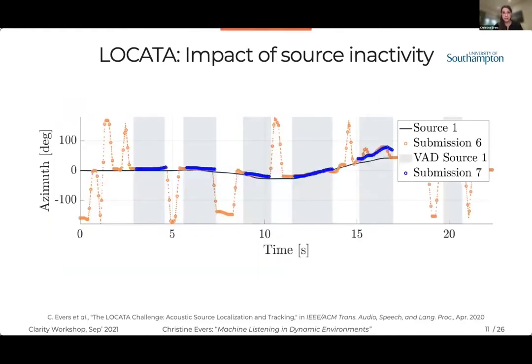To illustrate the need for detection of voice activity periods when dealing with this type of data, particularly when we want to deal with streaming data, let's have a look at a concrete example here. What you see here as the solid dark blue line is the trajectory of the source azimuth relative to one of the microphone arrays in the LOCATA dataset. The gray shaded areas indicate periods of voice activity. The orange line corresponds to the azimuth estimates obtained by submission ID 6. And while this particular algorithm works extremely well during voice activity, there's a significant number of false estimates during periods